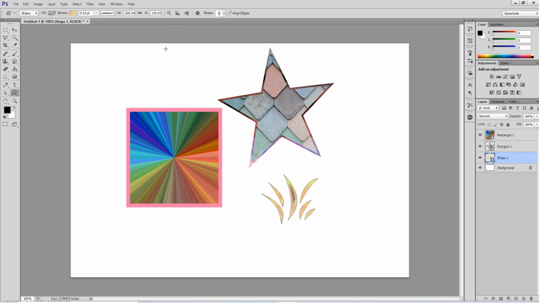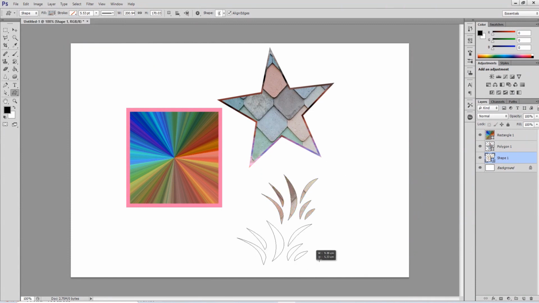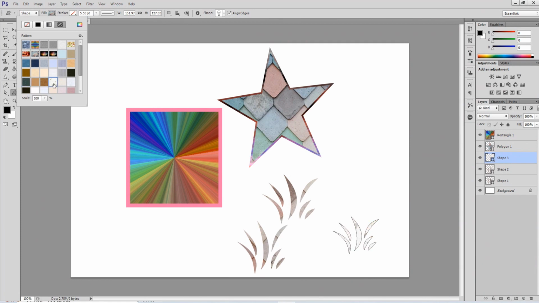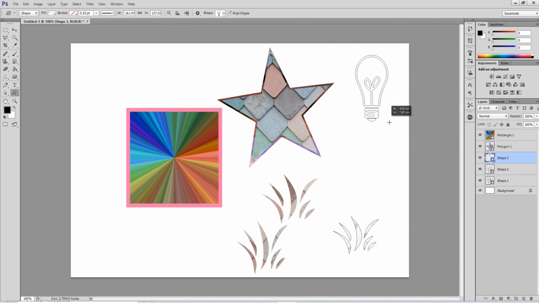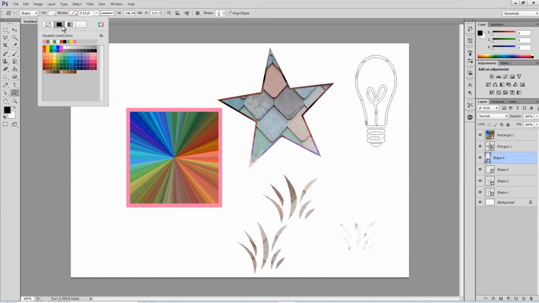If you do not want the outline, you can click here and choose no line. It will not draw a line. You can just draw it like this. You can choose any shape. Then you can choose the color of the shape, the inside fill color, then drag it. Now no outlining has been selected. You can choose a color. It will give you an outlining.